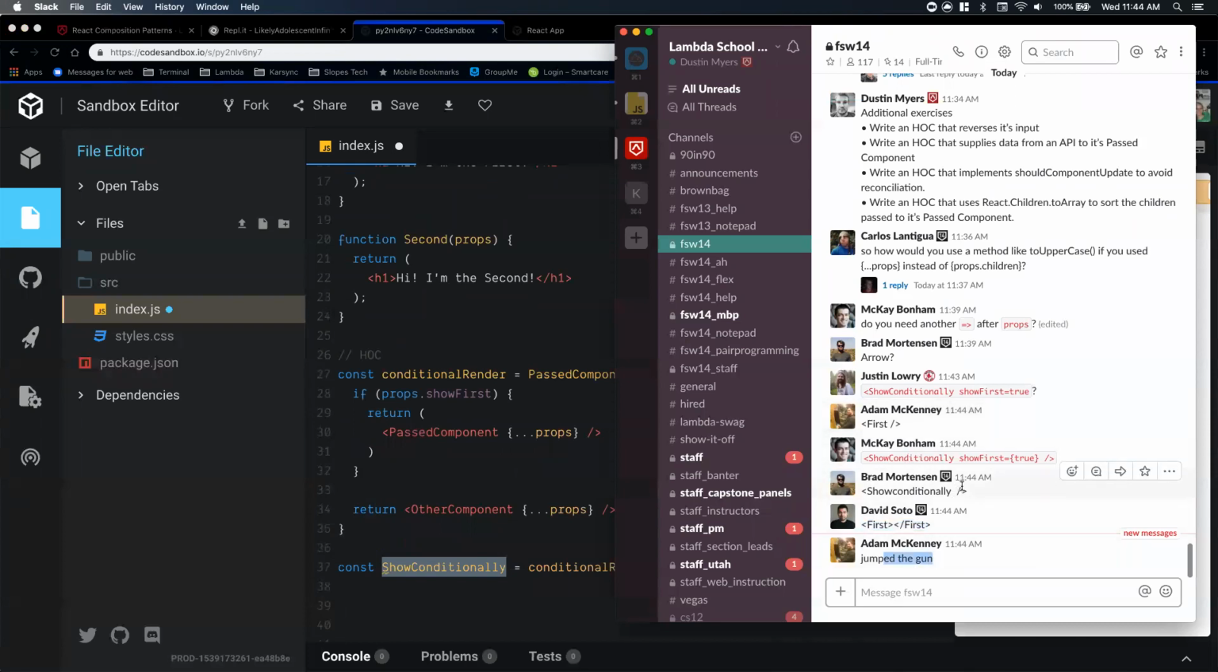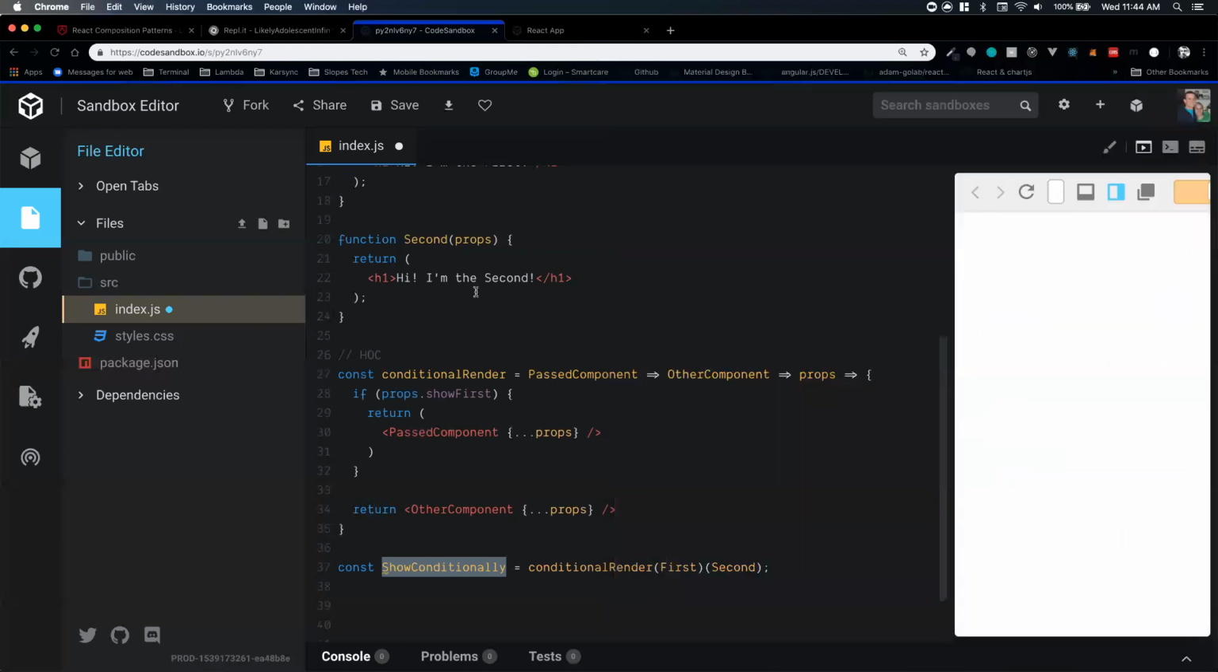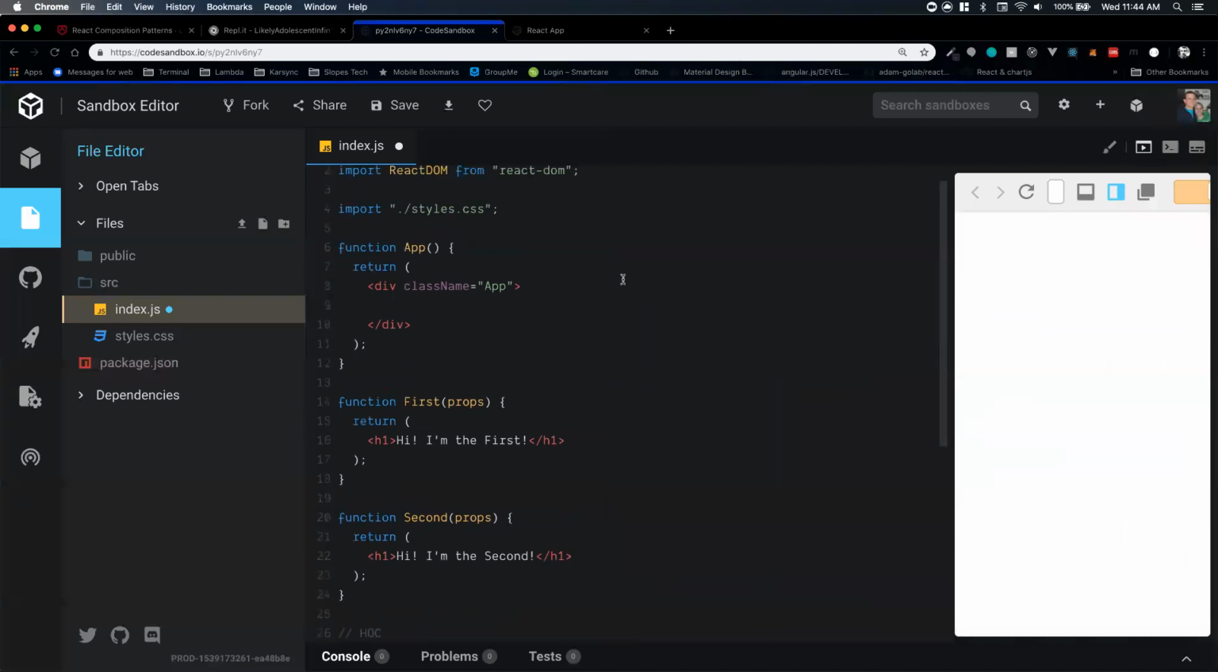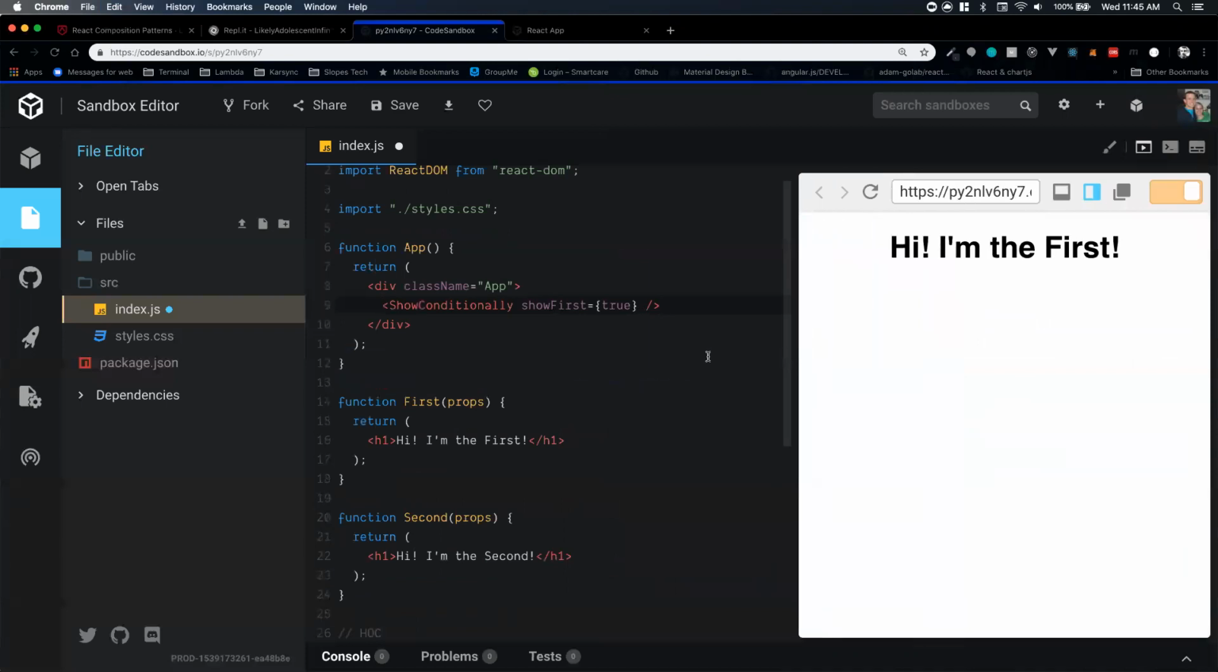There's a couple ways we could do this. We could do it like this, and then show first would be false, because we don't have that passed through as a prop, right? We could do it like this, but there's actually different syntax when we want to pass the value true in as a component. So let's try this first. And there we go. If we change this to false,